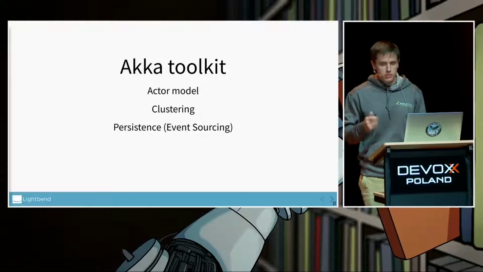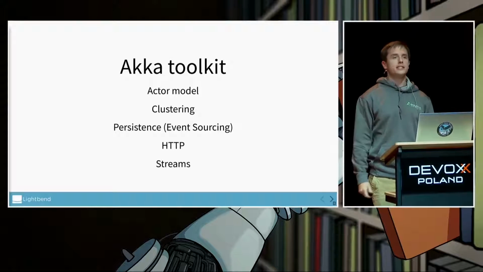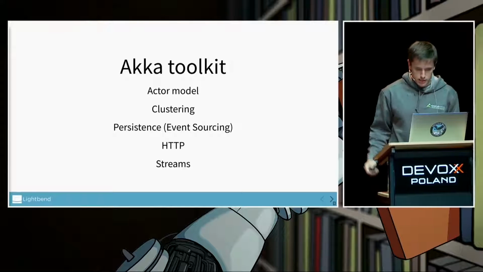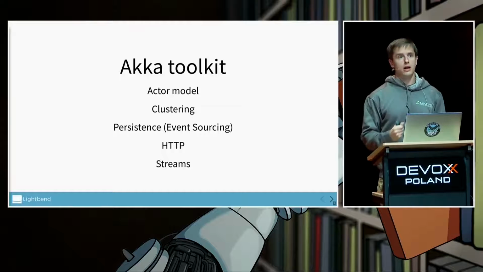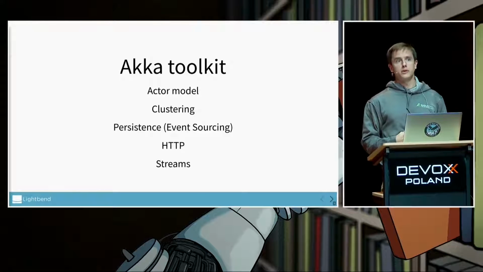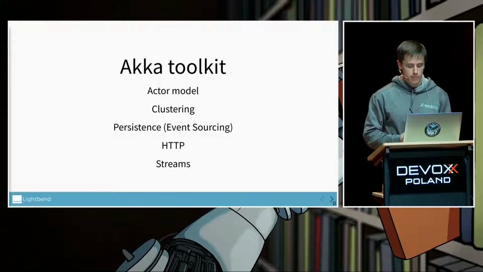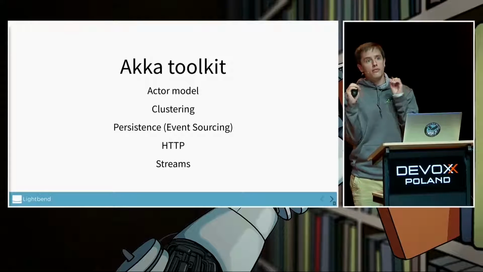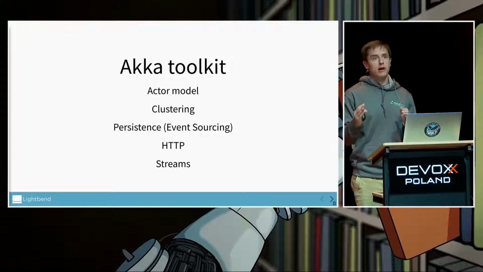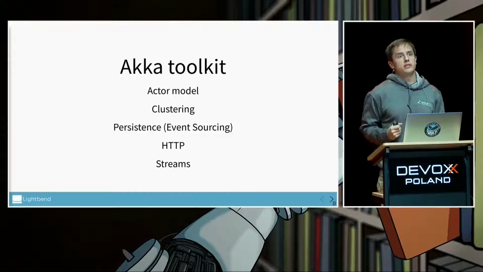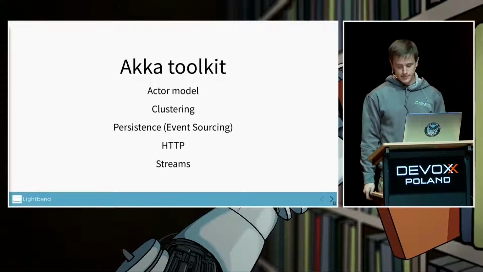But the two I'm going to talk about today are HTTP and Akka Streams. So Akka Streams is a reactive streams implementation based on actors, but you don't actually use actors when you do it. It's a higher abstraction. HTTP is then built on top of that, so that the flow control that you have within your application is then transferred to the network level. And that's what I want to demonstrate today, and see the benefit of using a full stack like this.